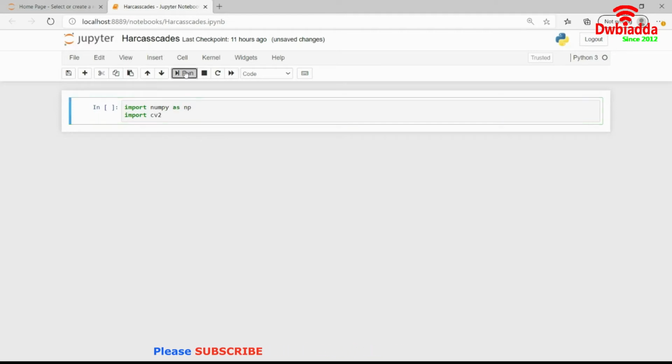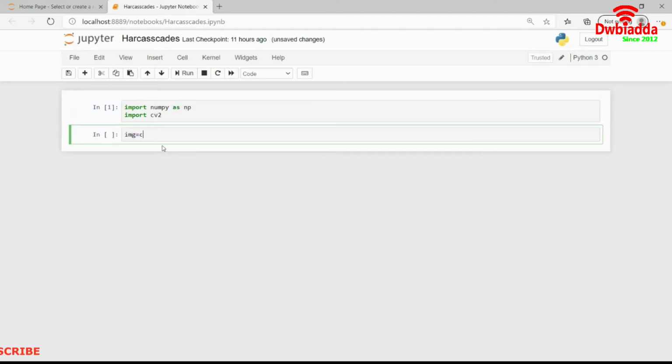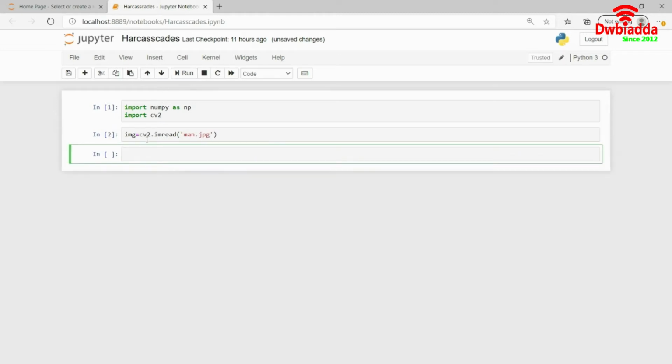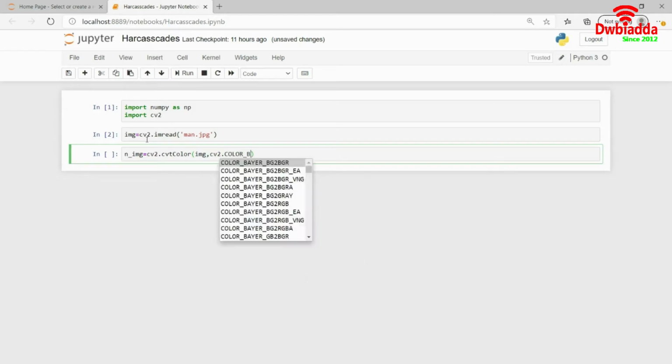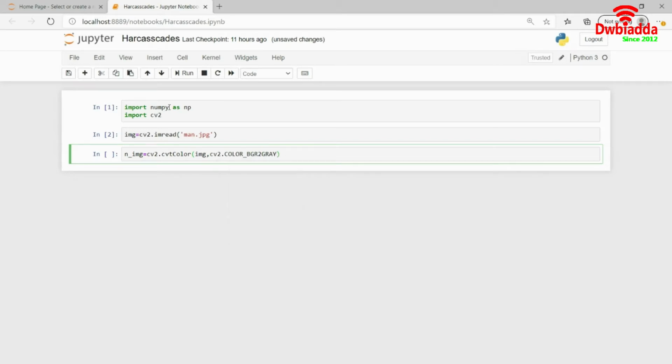Now I will load a new image, man.jpg, using cv2.imread. Once this is done, I will convert this image into a grayscale image using cv2.cvtColor with img and cv2.COLOR_BGR2GRAY, like this.